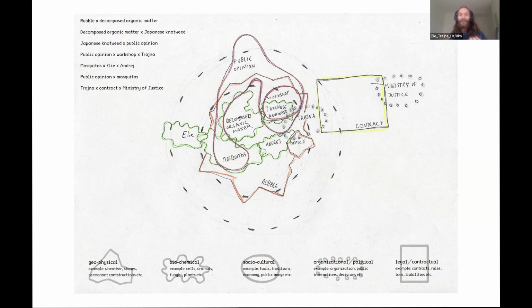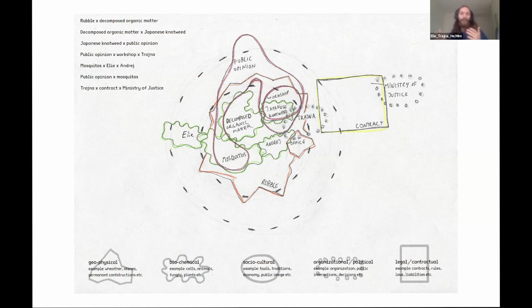One that I find interesting is how it is perceived by the public opinion. I think when I was in Qatar, I realized the public opinion is always a big concern, actually. And I think what allows the Japanese knotweed to also be in this regenerative relationship is that it is mediated by Traina and by the workshop, the action that happens in the workshop, which here I mapped the workshop as a socio-cultural body, which can be understood by the public opinion, and then therefore